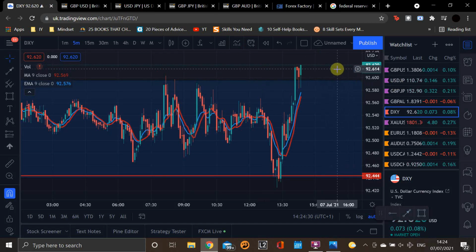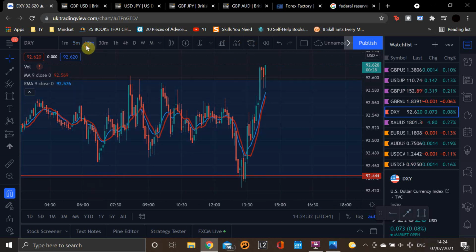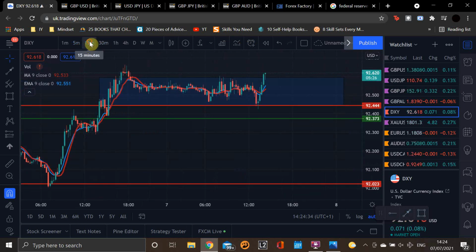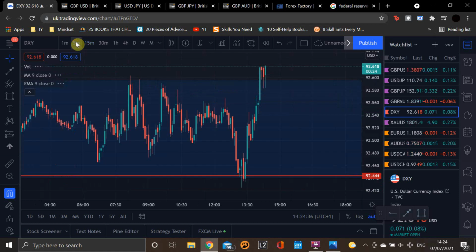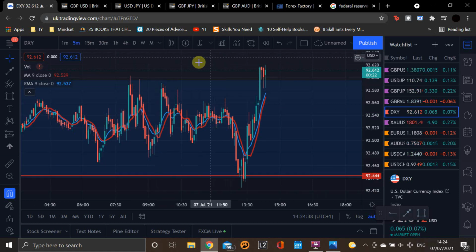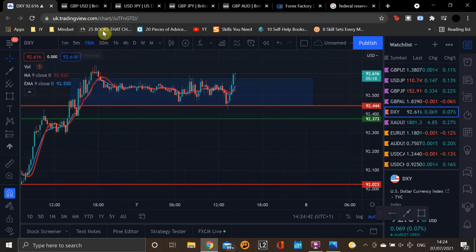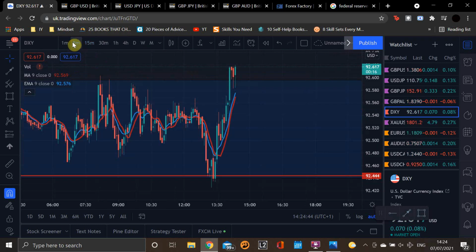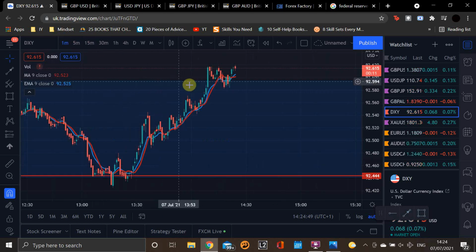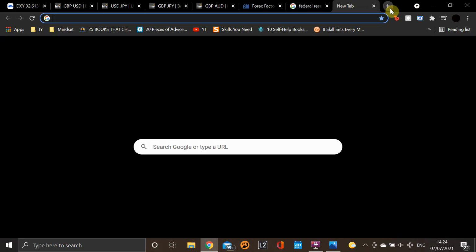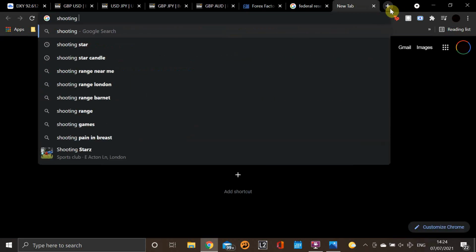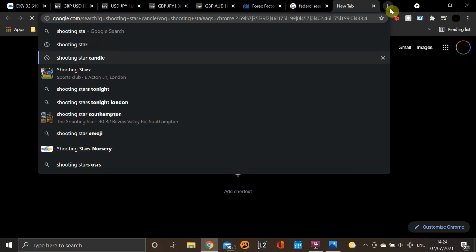So let's go here. We can see on a 5-minute chart, it broke out. It's not a clean breakout. If anything, it looks more like a fake out, if I'm being honest. It just looks like it edged up a little bit. Is that a shooting star? Shooting stars are good indicators that